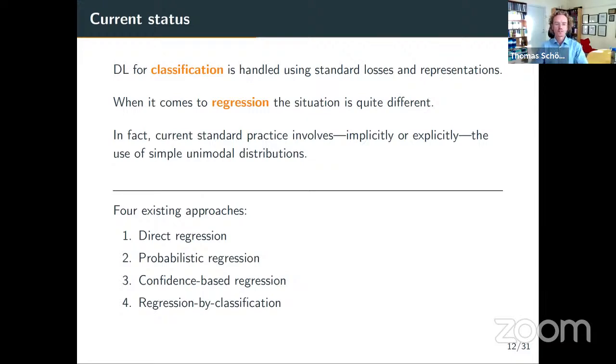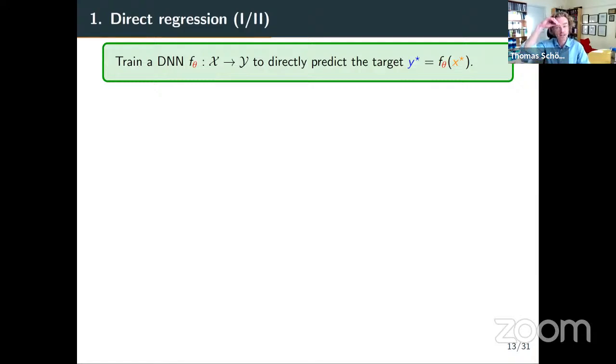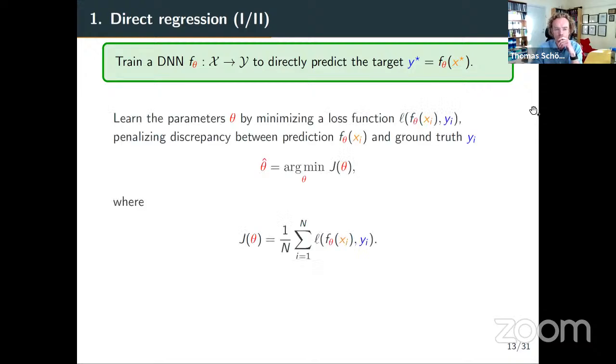And the four different approaches that I'll walk you through are the following ones. Let's start with what we refer to as direct regression. So here, this is the way I used to think of using deep neural networks for regression. We train a neural network f to just predict the target or the output. And the way we do this is by